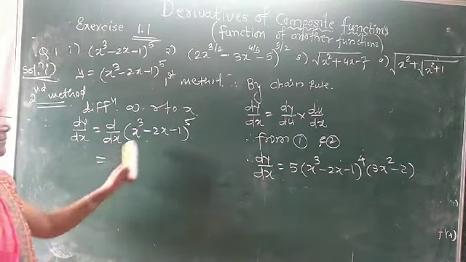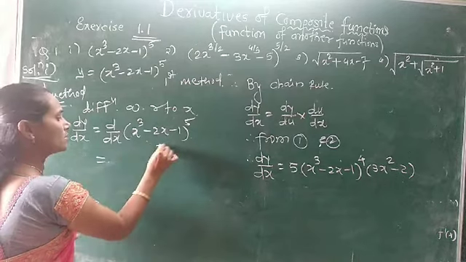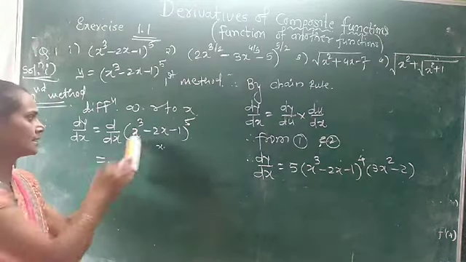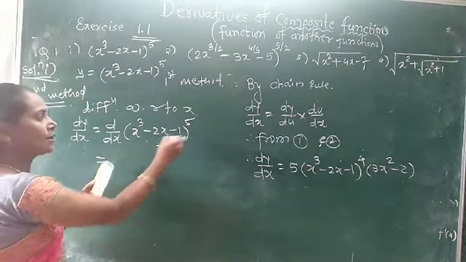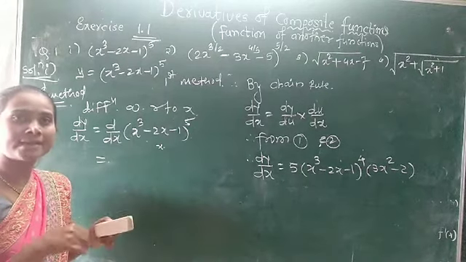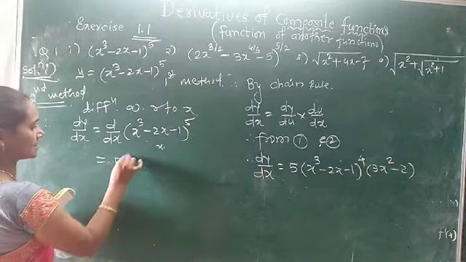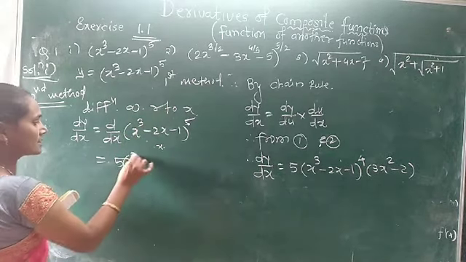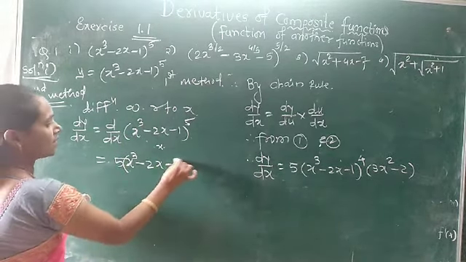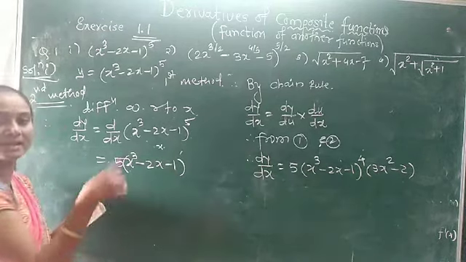So what is the derivative? Consider this as a function. Keep in mind that it is only x. So what is the derivative of x raised to 5? That is 5 into x raised to 4. So 5 into x, where x means this whole term, (x cube minus 2x minus 1) raised to 5 minus 1. So it becomes